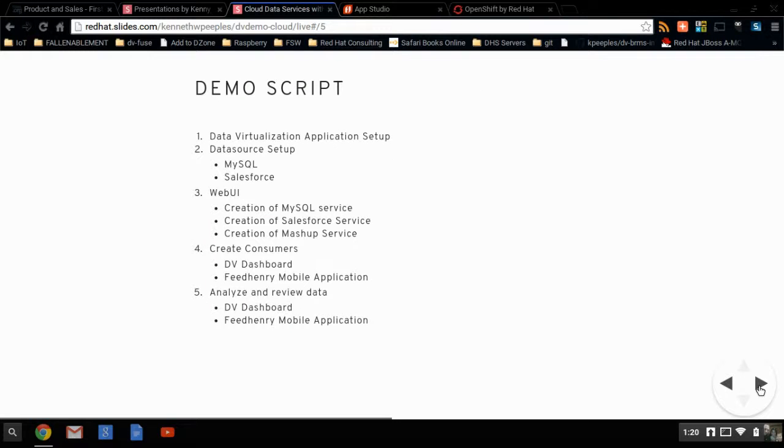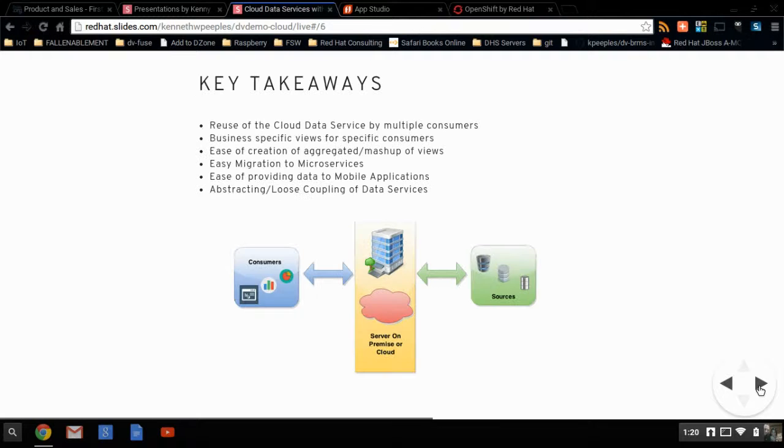And with our demo, we're going to show real briefly the setup for data virtualization, the data sources, the web UI, the consumers, and how we can review that data within the consumers. And so the key takeaway here, we want to make sure that we have easy access to our data and be able to analyze that data through different methods in order to use that data to improve our